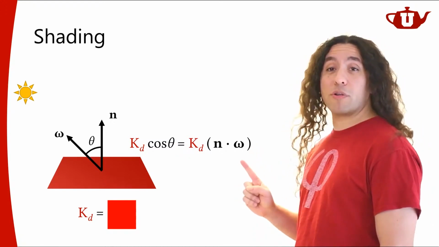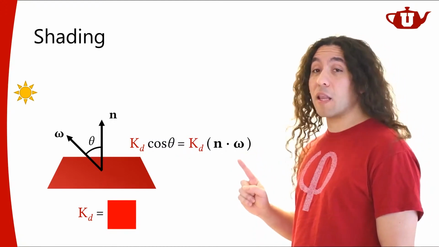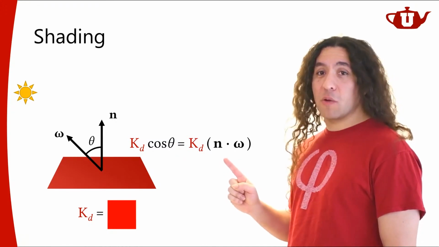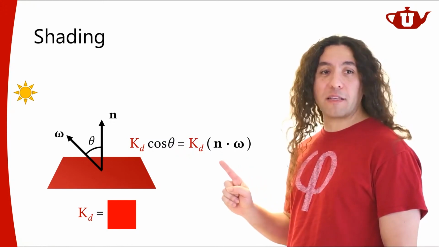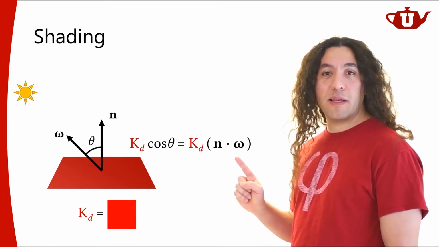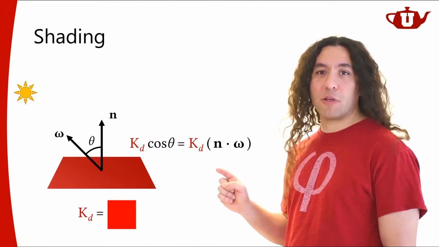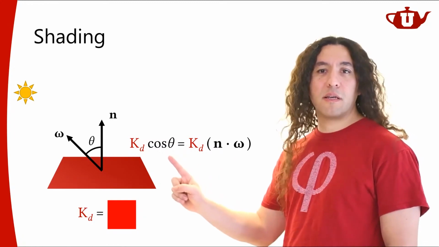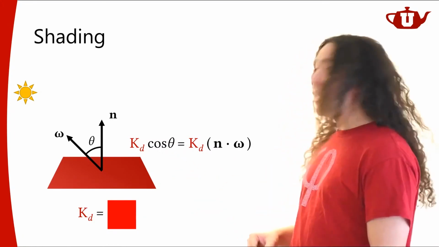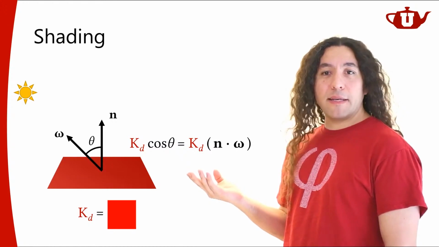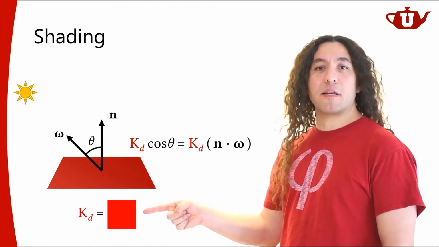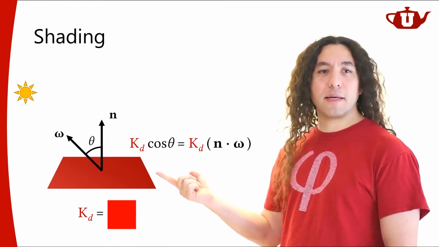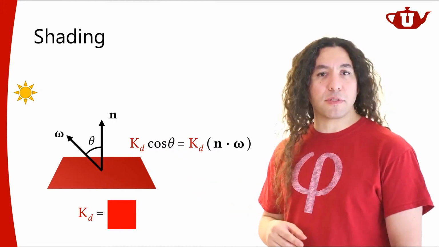And this is a very, very important identity. We're going to be using that a lot. Now, this only works because both of these are unit vectors, right? They have to be unit vectors. If they're not unit vectors, then the dot product is going to be scaled by the length of the vectors. So they're supposed to be unit vectors such that we get cosine theta. Now, I can do this, right? If my surface color is red, then I just multiply it by the geometry term, and I get the proper shading color of the surface that I'm supposed to see.